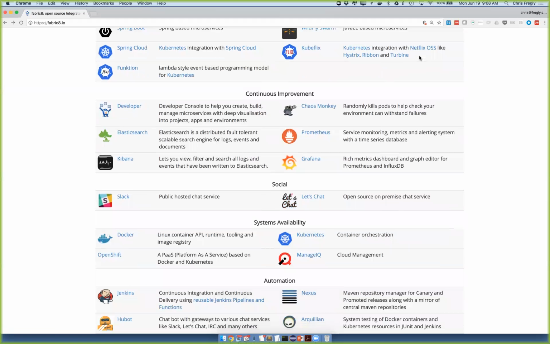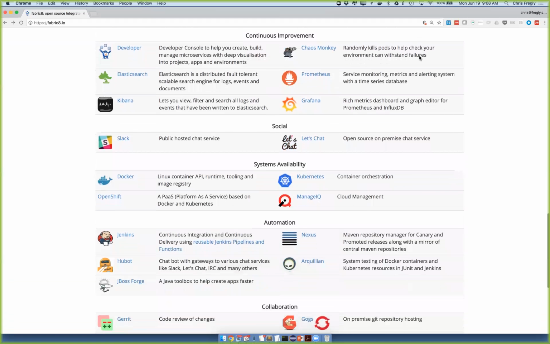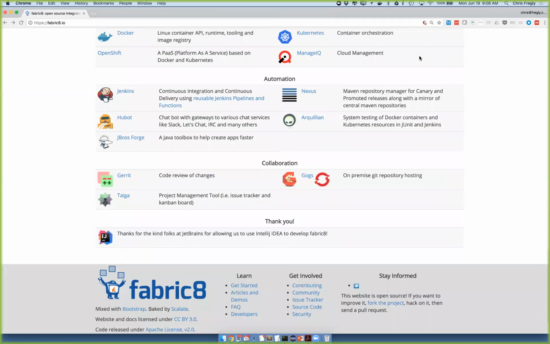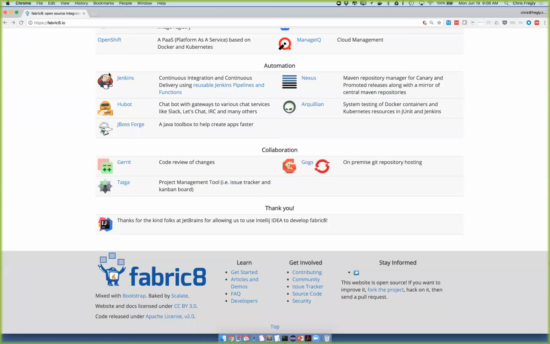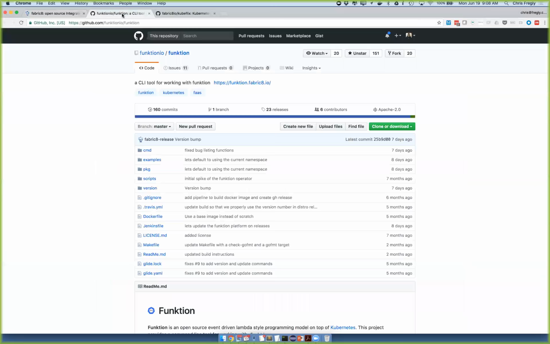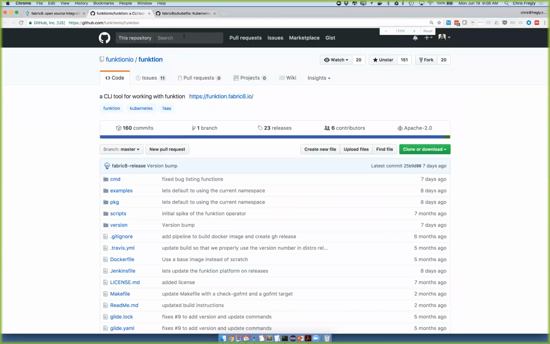Of course, they have the Slack integration and all the stuff you would normally expect to see. They have Grafana and Prometheus, and yeah, so Fabricate's really cool. If you check out, the other couple to look at would be Funktion, KubeFlix, and the way I would find these projects is I would literally search for Netflix circuit breaker pattern on Kubernetes, and it would be the first or second project, and I just kept seeing them over and over. And in Maven Central, I was seeing jars with the name Fabricate in it all the time,